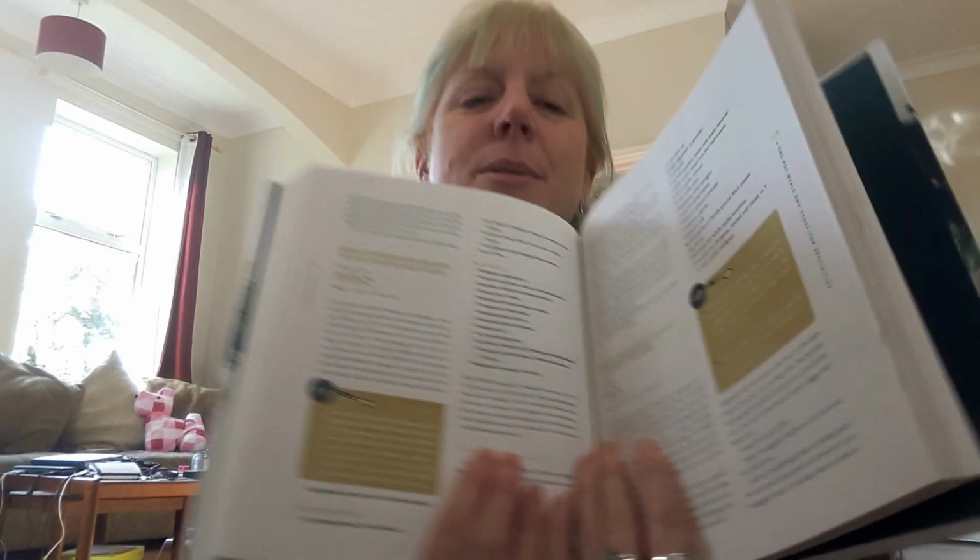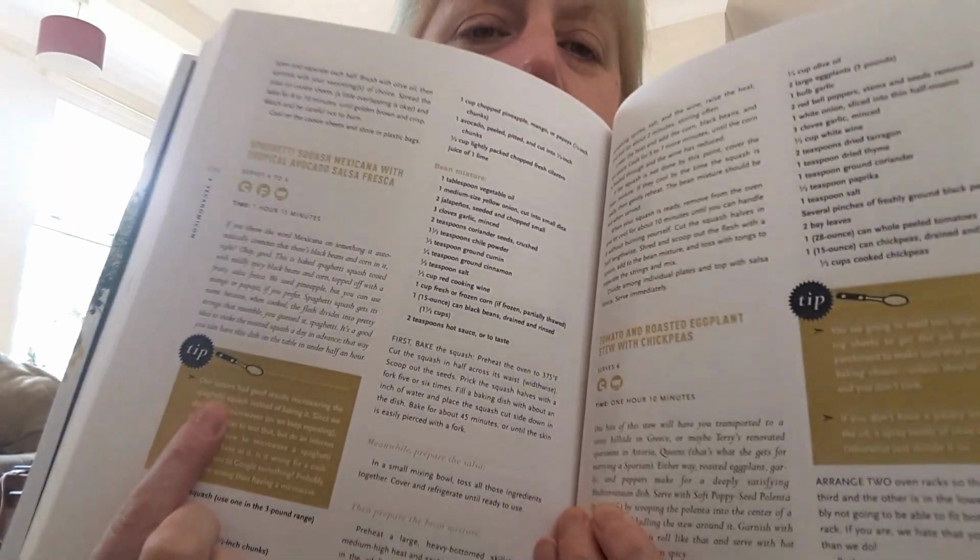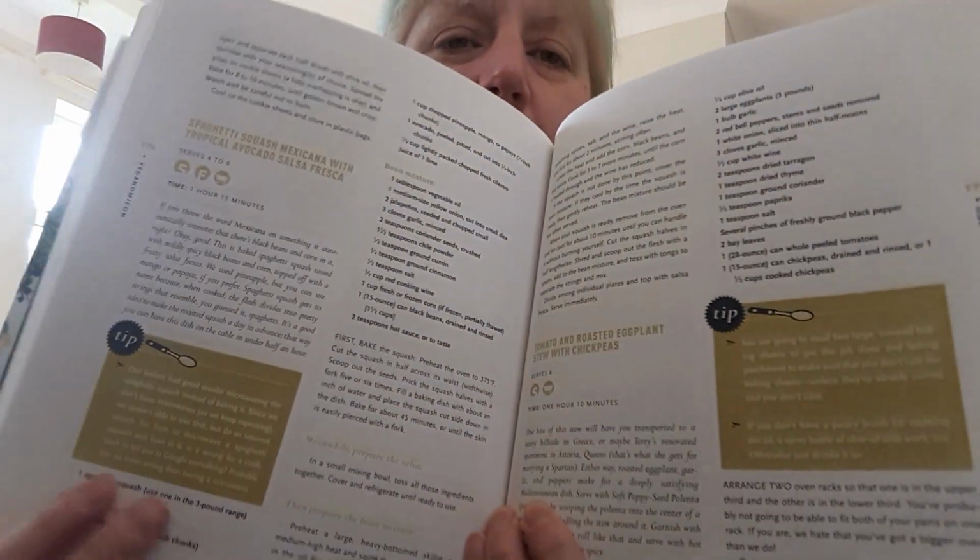This book doesn't have pictures in it, but it's laid out in a lovely way. It's just quite simple and straightforward. You've got little tips in these green boxes to help you with the recipes, but it covers every element of cooking you could desire, really. And there's a lovely section at the beginning that's like this thick on tips and notes on different ingredients. So it'll explain, for example, what millet is, what couscous is, how you cook it,